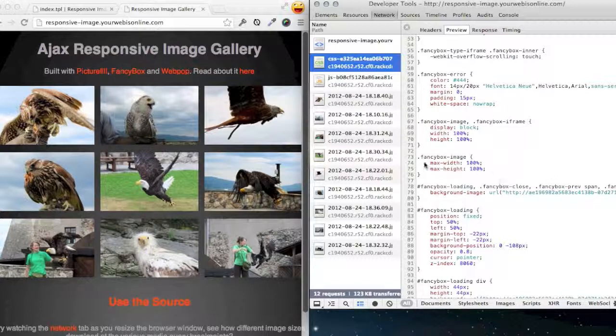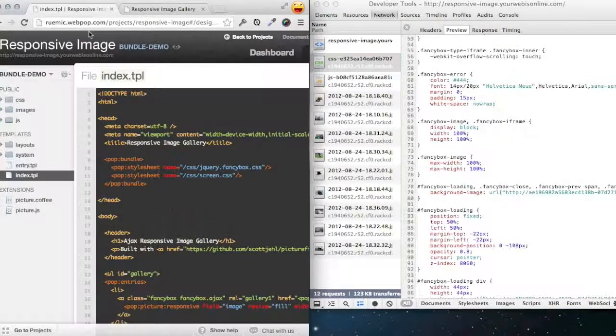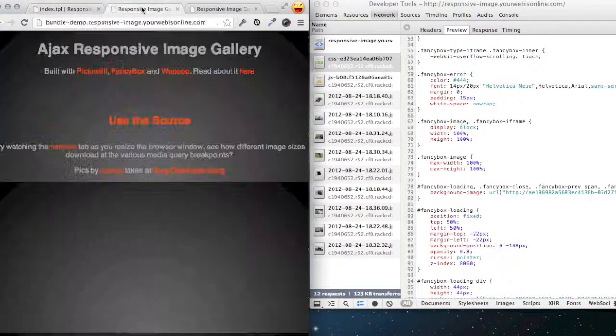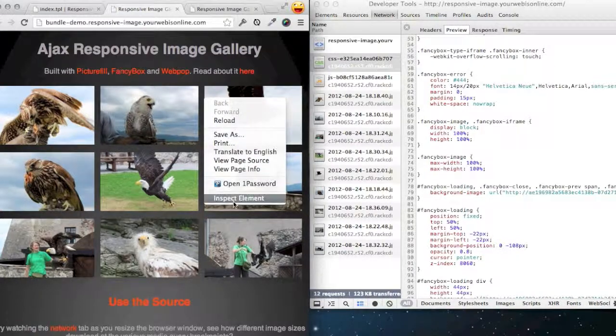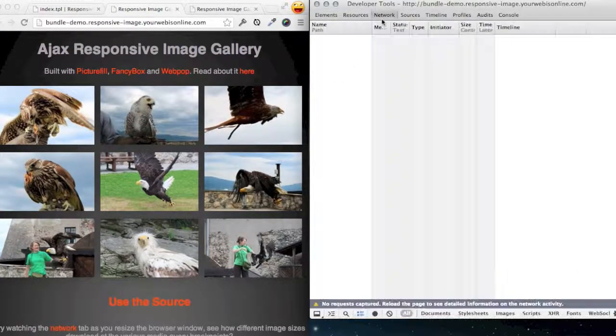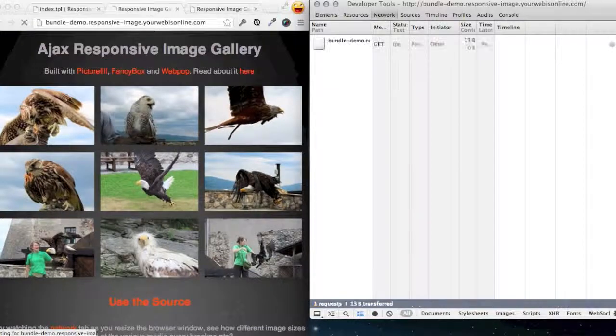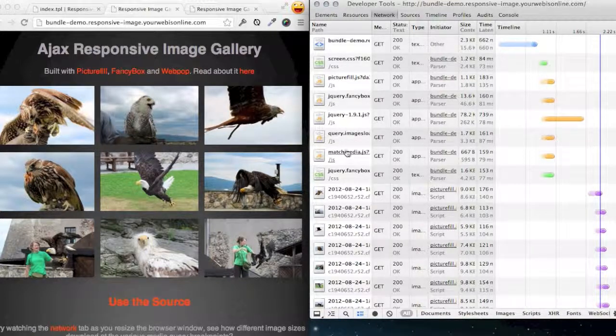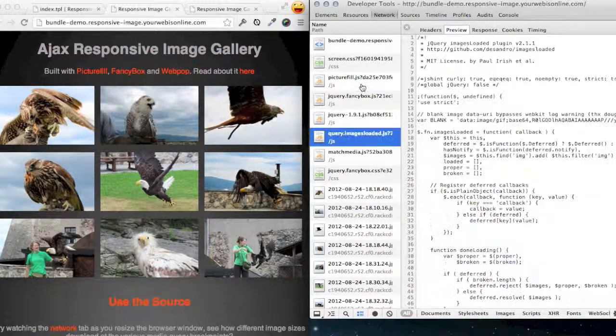So that's about it. The one more thing I wanted to point out is that this will only be bundled in production. So, for example, if you're working on a different version, or even the exact same version, in this case we have this bundle demo, it's already been published. If I hop into the version URL and I inspect that and do a page request here, you'll see that all these files which are bundled on production are actually still unbundled here. So that's great because you can work with them and debug and work with your scripts and your